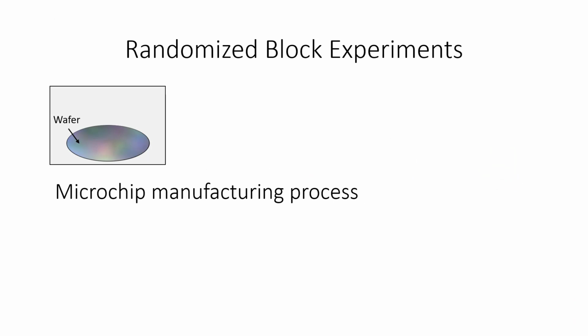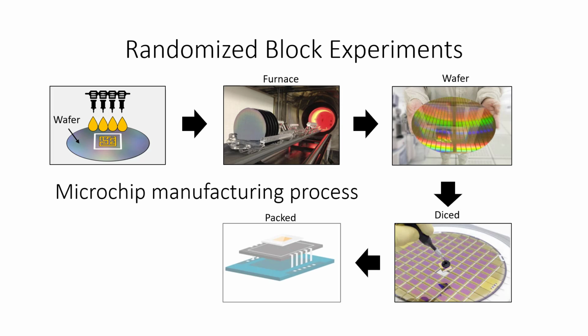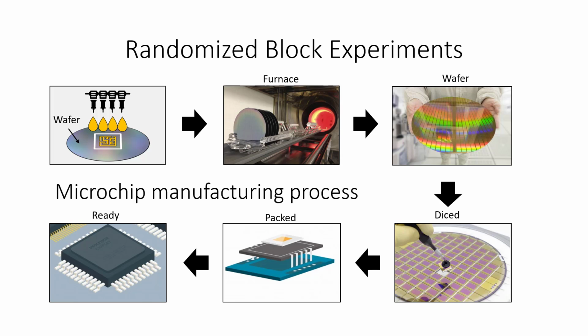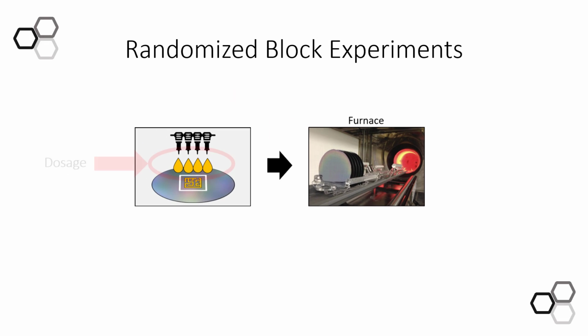Here's an engineering example. In the manufacturing process of integrated circuits, a semiconductor material such as silicon is thinly sliced to make wafers. Resistive material is added, they are passed through a furnace, then they are diced, and then packed to make chips. Suppose we need to test whether different doses applied on wafers influence resistivity after wafers are passed